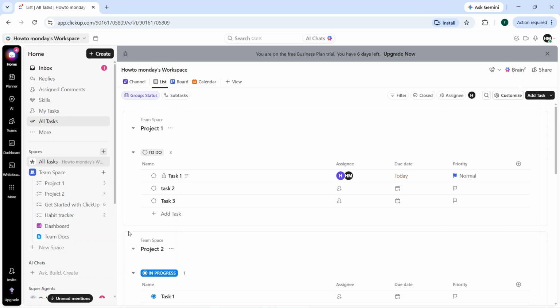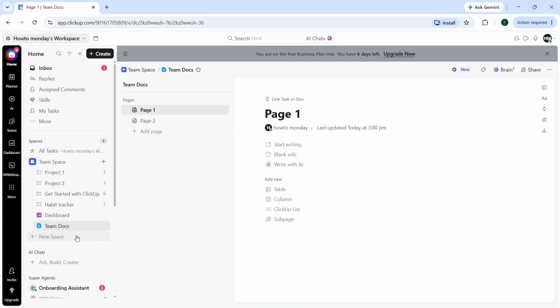In this video, I'll show you how to use bullet lists in ClickUp. To get started, open the ClickUp doc, task, or comment where you want to create a bullet list. Bullet lists make your notes, task descriptions, comments, and ClickUp docs easier to read by organizing information into clear, easy